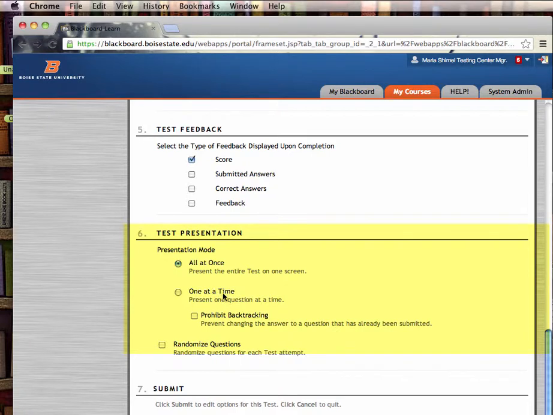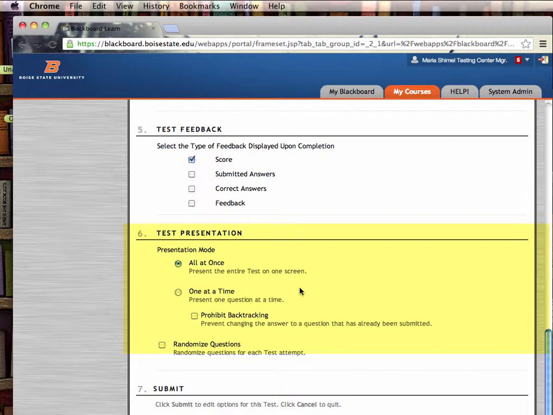Just be aware that it means that every question has to load when they hit the next button. So that means there could be loading problems, there could be internet connectivity problems, any number of issues could pop up with reloading the page however many questions you have. So if it's a 30 question test, that's 30 times. If it's a 100 question test, that's 100 times the page has to load. So be aware of that.